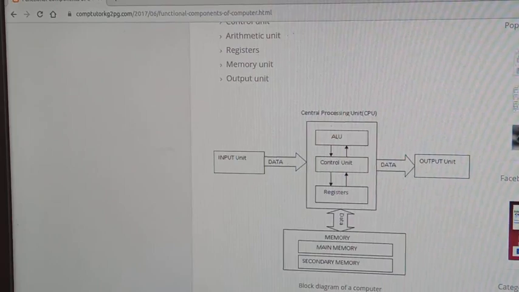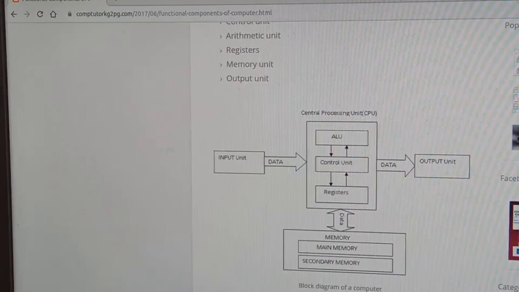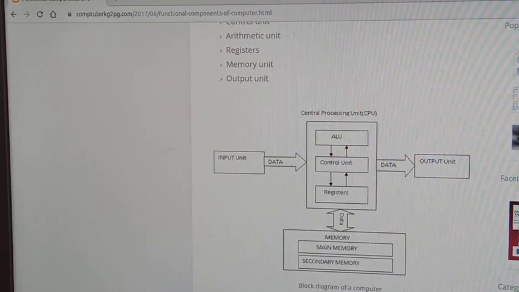So then output unit means we already studied that output unit. Output unit is simply for all the operations where we want the output; it is given by the output unit. The better example of an output unit is what? Monitor and printer. Monitor gives it in the display form, printer gives it as a hard copy. If you want the hard copy, the printer gives that on paper. And if you want the output as a sound, we can use a speaker. So these are the different types of output unit.